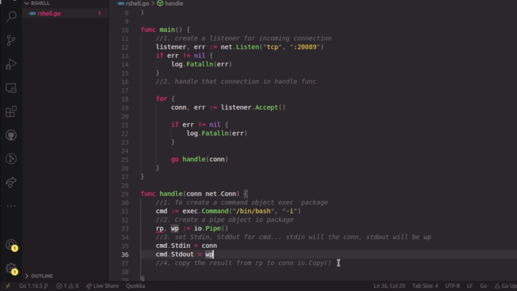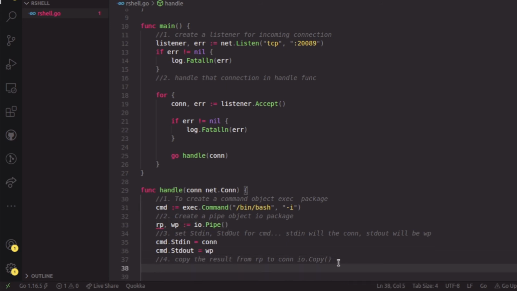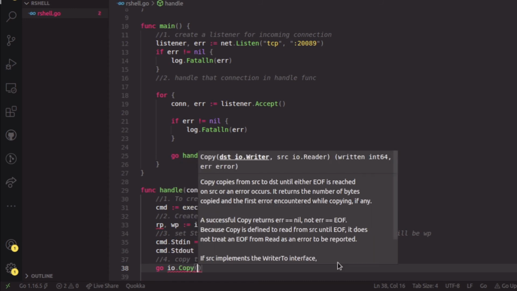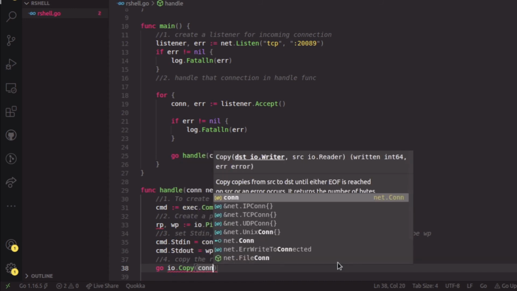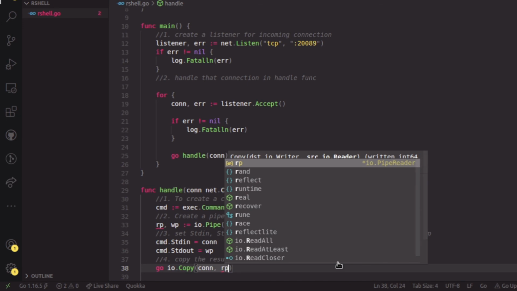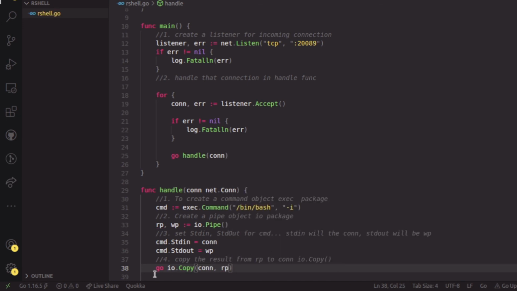So this is done. Now the fourth step is to copy the result from the reader process to the connection using io.Copy. Why are we running this in a separate goroutine? Because we want to asynchronously copy the results back to the connection, so that this handle method doesn't block and keeps on executing our commands.